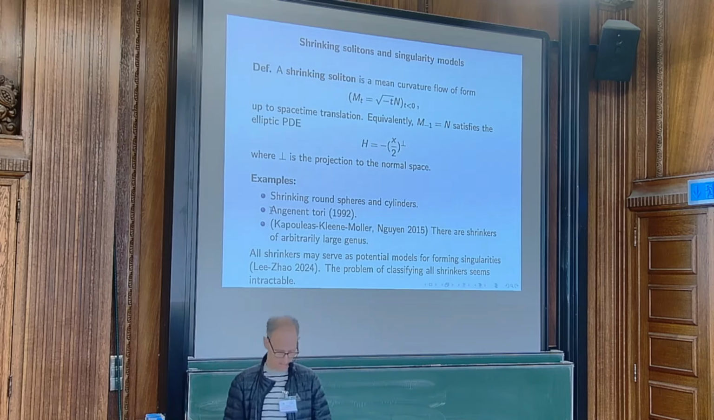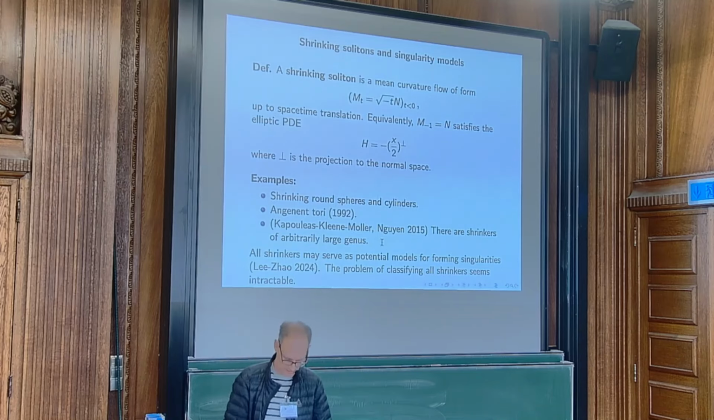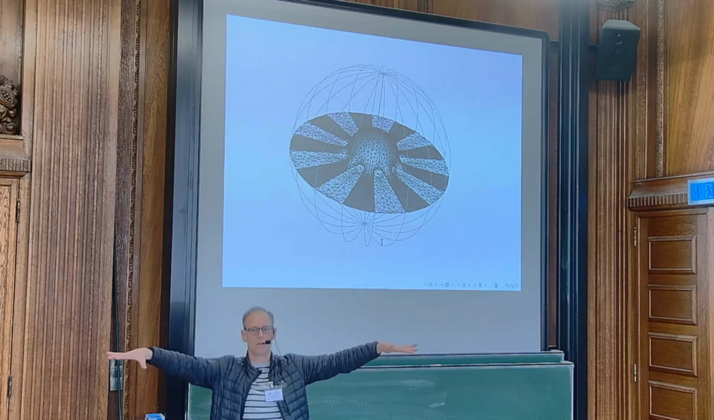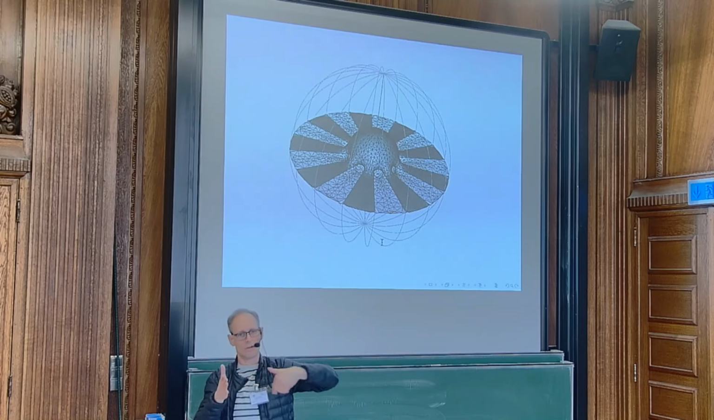Self-similarly. It turns out there are lots of shrinkers, although it took a long time to construct them rigorously. Kapouleas, Kleene and Møller, and Nguyen, around roughly 2015, constructed examples of arbitrarily large genus. These were conjectured based on numerical evidence long before. They look roughly as follows. Think of a plane passing through the origin and a sphere centered at the origin. Those intersect along a circle and meet orthogonally. And now think about